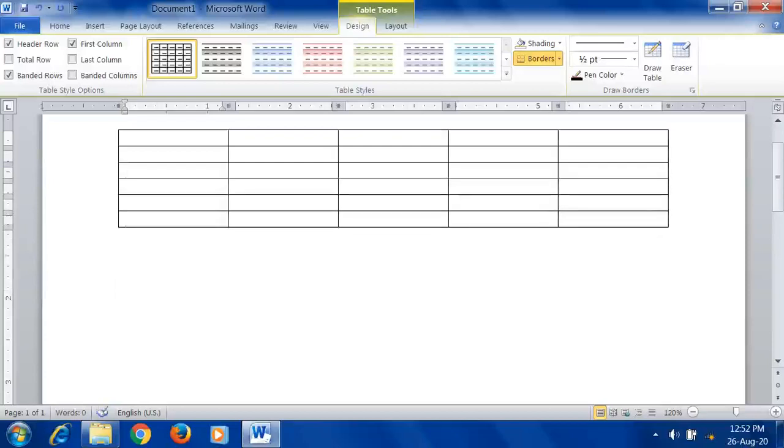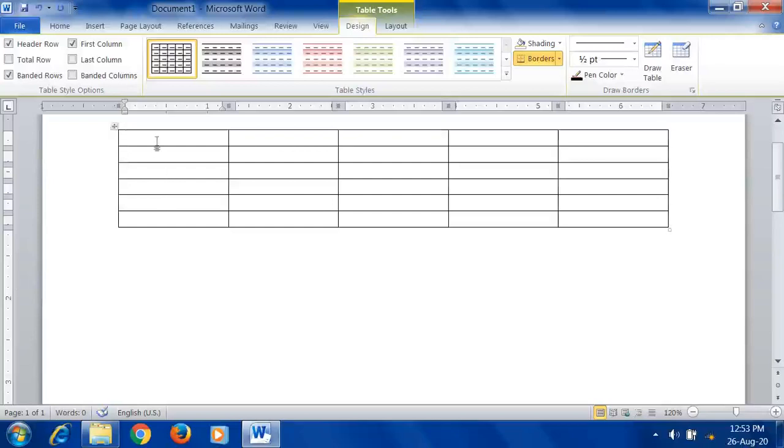Now increasing column width. How we can change the column width? You can increase also or you can decrease also. So both the options are available. You can resize the column width either by using the option available on the layout tab or using the mouse pointer. So both the methods are given. You can use that same option, the method we use for row, or else you can use the mouse. So let us use that option first.